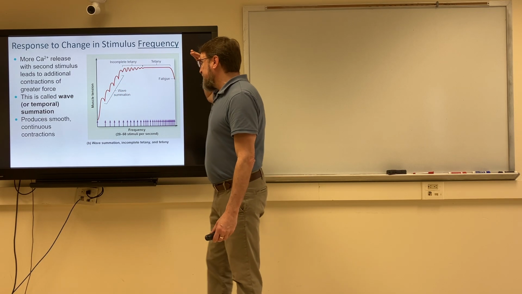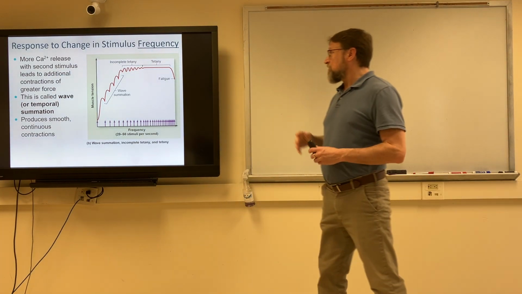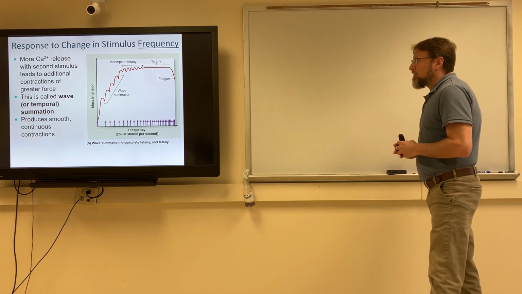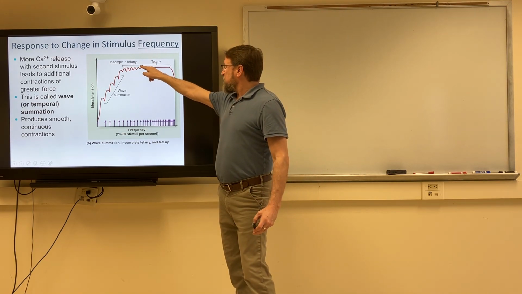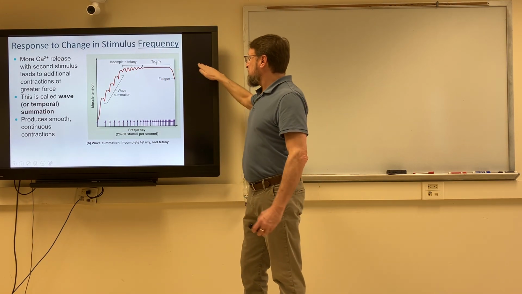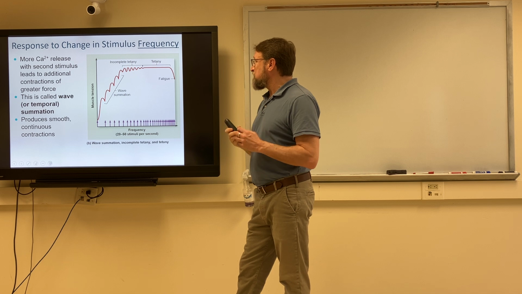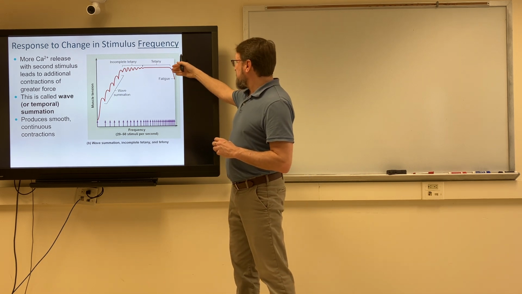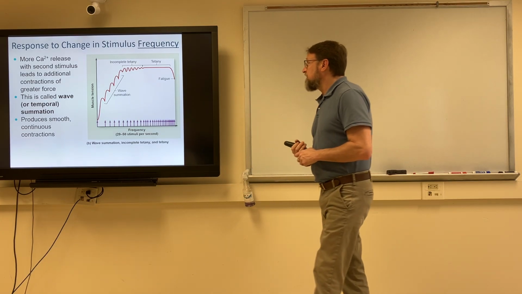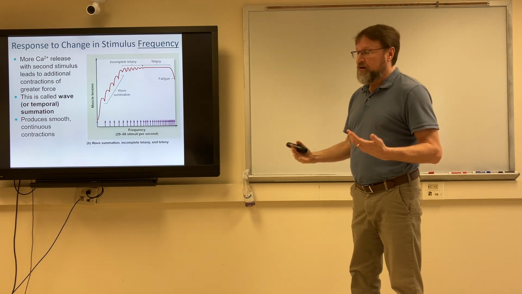Same thing, same thing, same thing. Suddenly we get to the peak, which is the most our muscle will work. The first phase is what we call incomplete tetany, where it's still getting summation, and then it goes to a tetany phase where it flatlines. And that's the maximum tension we can get out of a muscle. After that, the muscle will fatigue, which will bring it down,